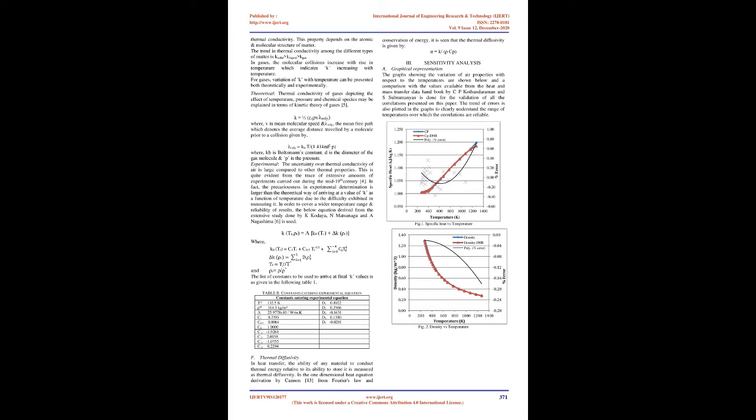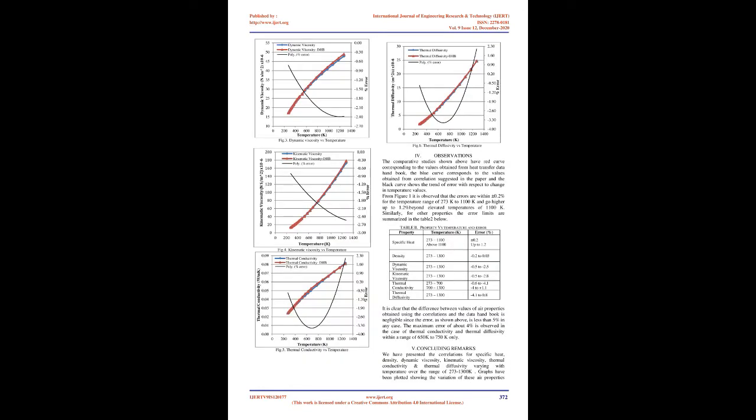B. Density. Density of air can be found using the relation ρ equals P/RT, which requires the values of pressure, gas constant along with the temperature. In the relation given below, at atmospheric pressure, density can be found with the help of only temperature. This inverse relationship is given in the paper [11]. ρ equals 351.99/T plus